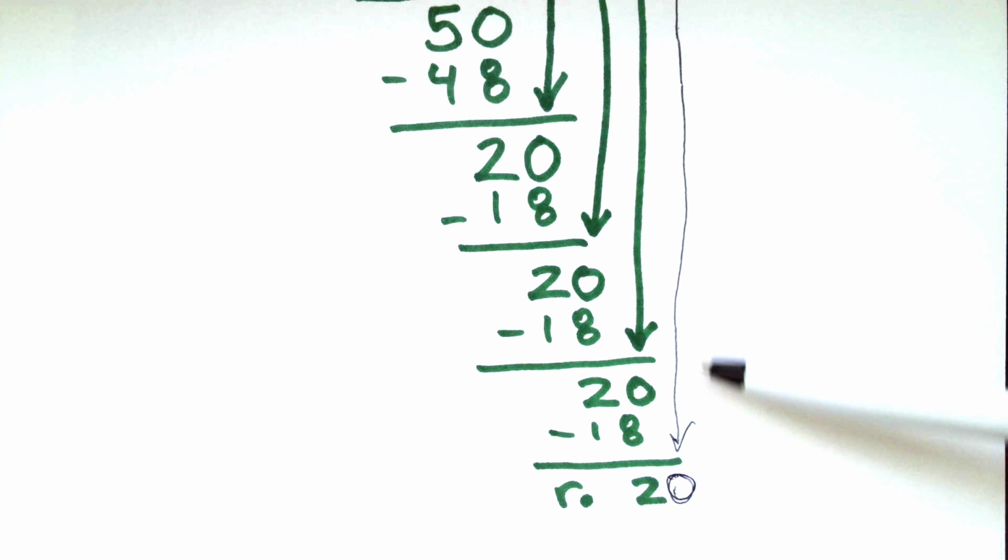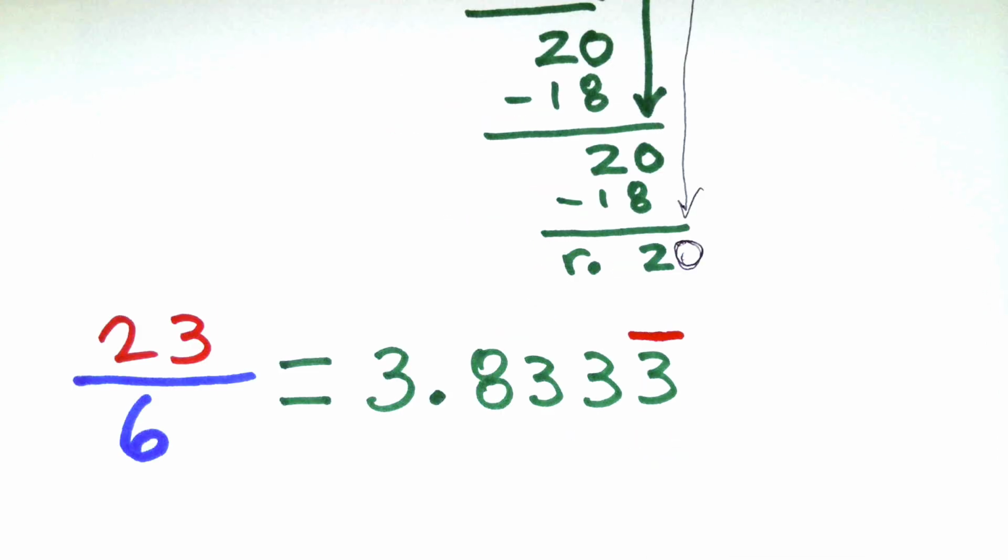Again, I can bring down these zeros and keep going on and on forever, but it's going to repeat 3, 3, 3, 3, 3. All right, so I just put remainder of 2, and I stopped. Okay, so here I wanted to show you 23 sixths, or 23 divided by 6, is equivalent or equal to, as a decimal,